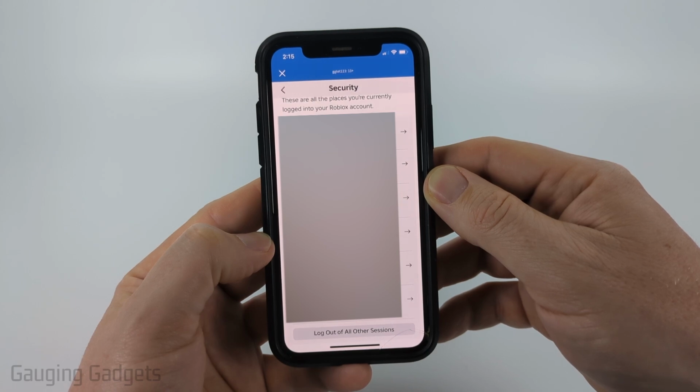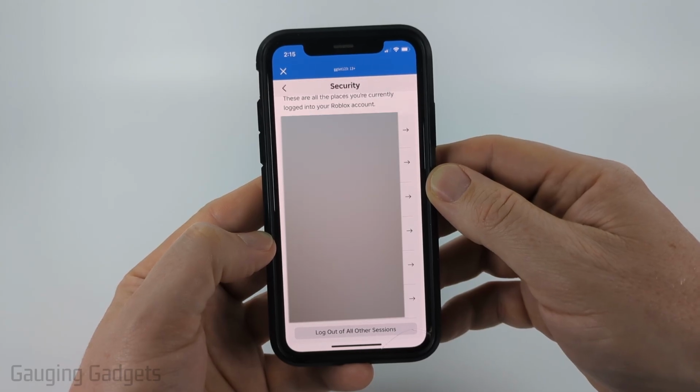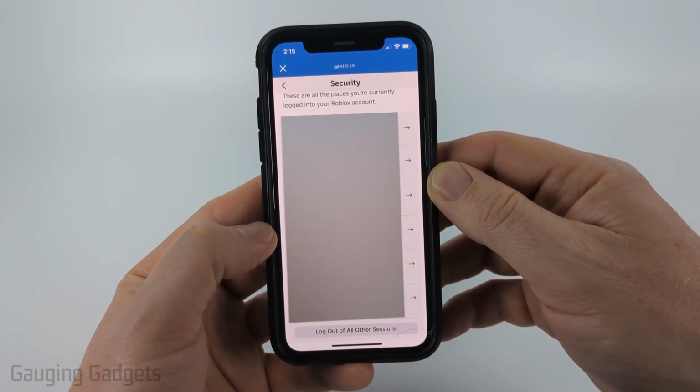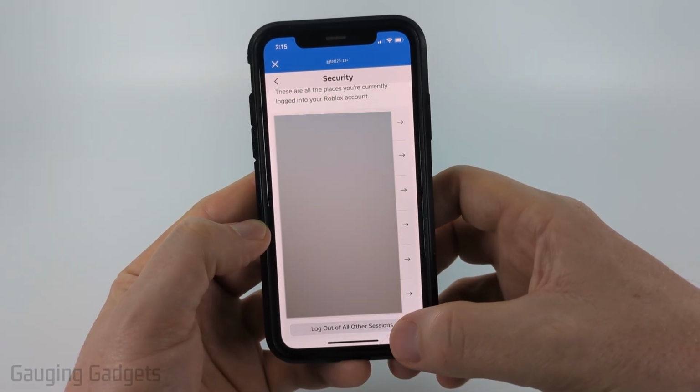It's going to show you the location and the device, and also if it was a browser, it'll show you what browser that was on as well. So it might say iOS, and that's an iPhone, or Android if it's an Android phone, or Windows if it's a Windows computer. If you want to log all devices out, simply select Log Out of all other sessions right here,